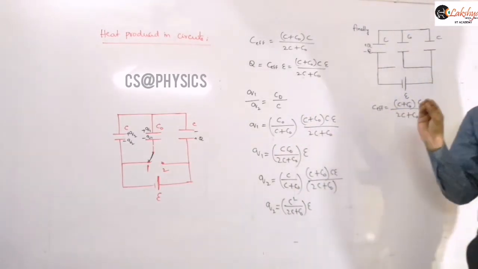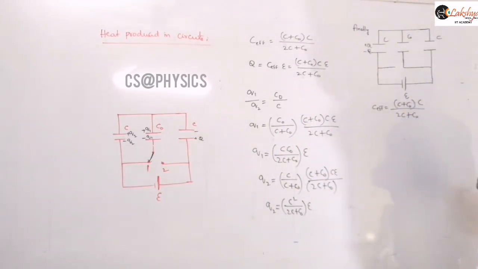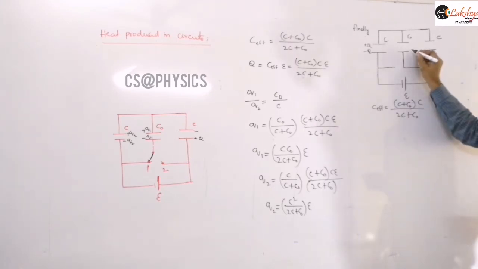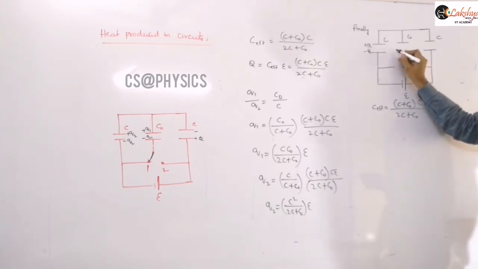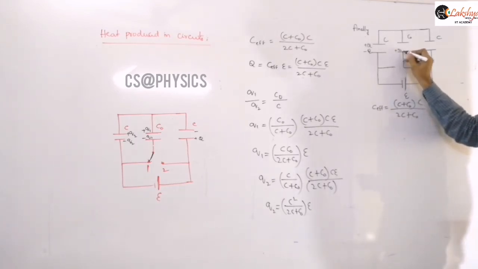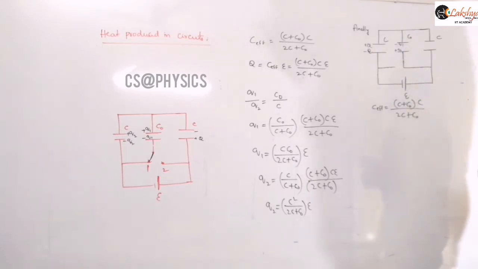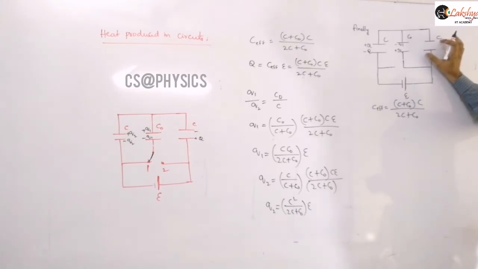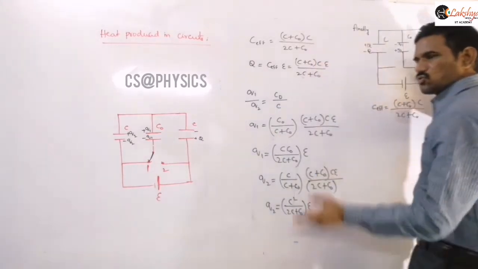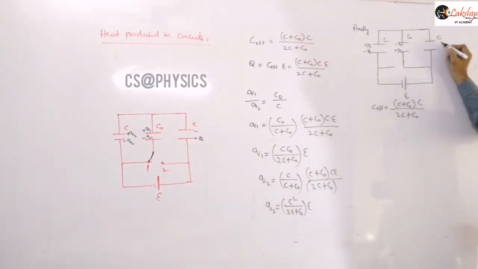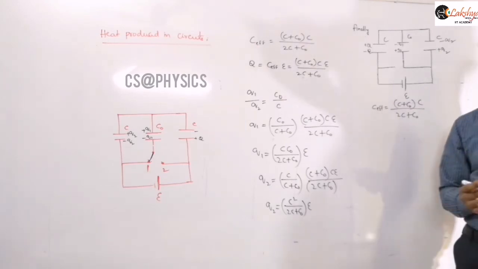The amount of charge present on the capacitor C0 will be Q1 only, but the polarities will be like this. The lower plate is now connected to the higher potential, the positive terminal of the battery, so this plate gets plus Q1 and this plate gets minus Q1. Next, the charge on this capacitor: its role is similar to that of this capacitor in the initial circuit, so the charge will again be Q2, but the lower plate will get plus Q2 and the upper plate will get minus Q2. So those are the charges appearing on those capacitors.